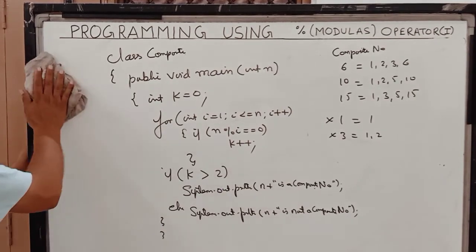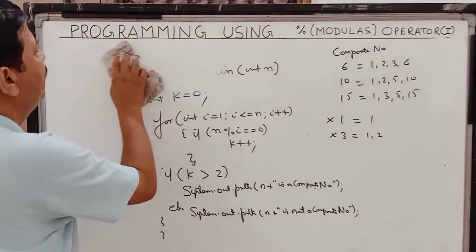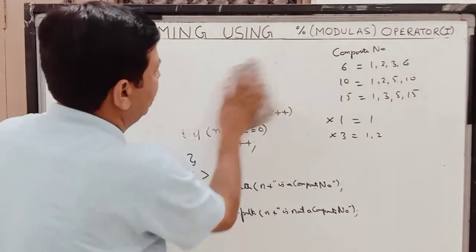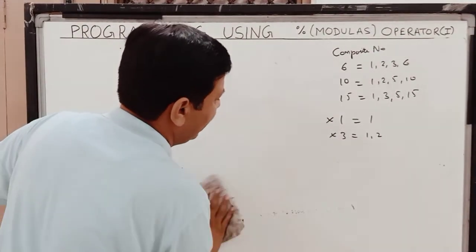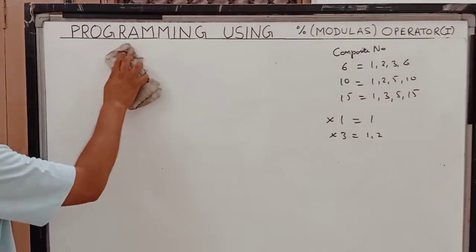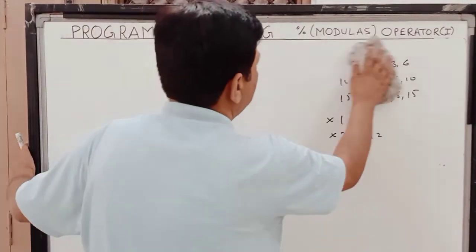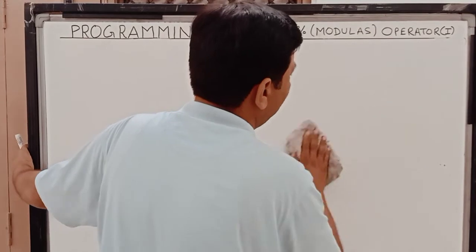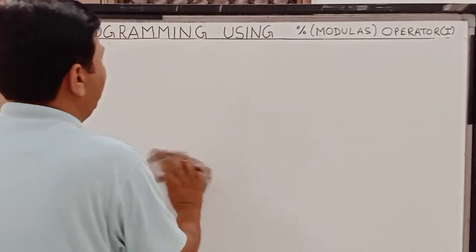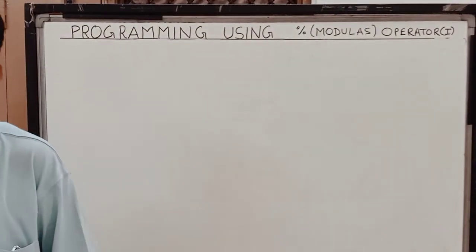Now children, we will come to the next category of program where I am going to do the same thing with divisors, but here I am going to find out the sum of all the divisors. So in this program I am going to find out the sum of my divisors. Sum of my divisors means just write down the program.